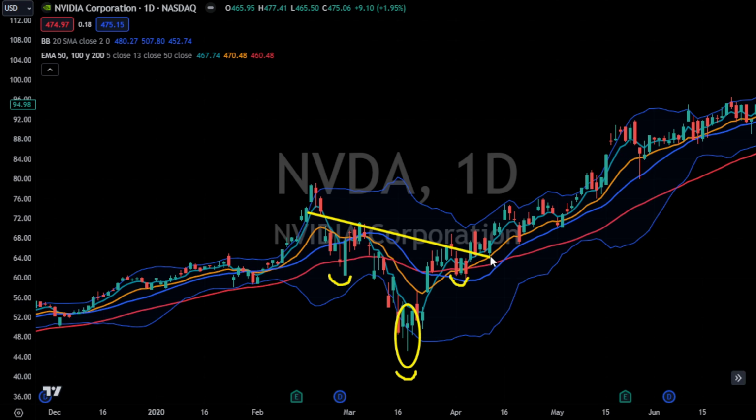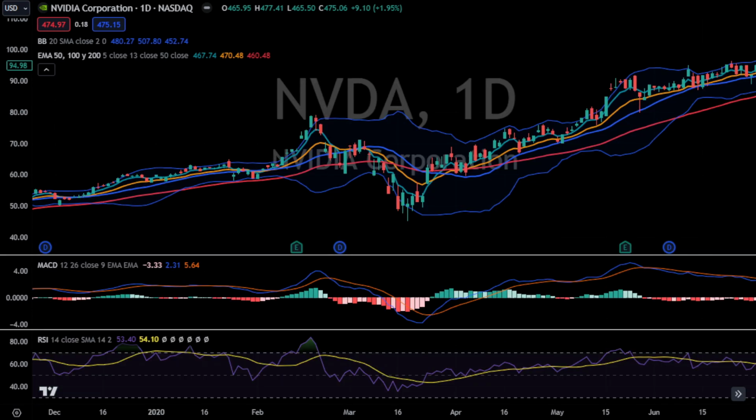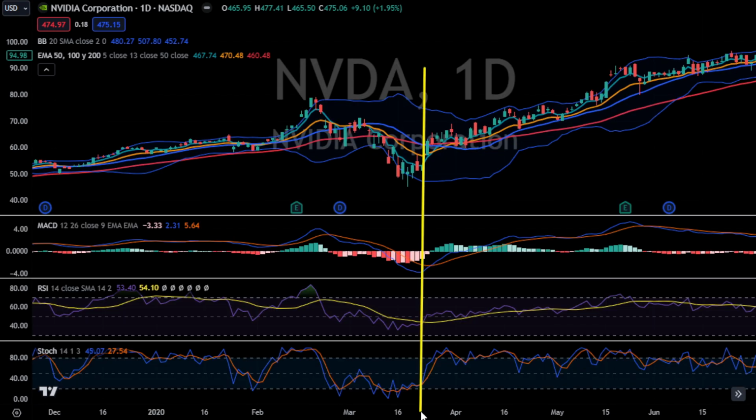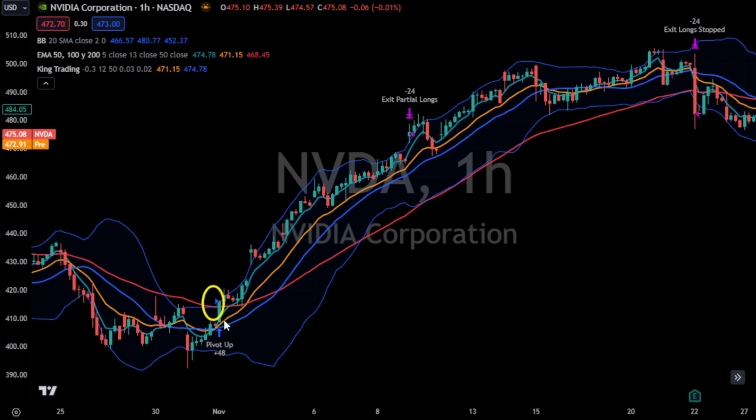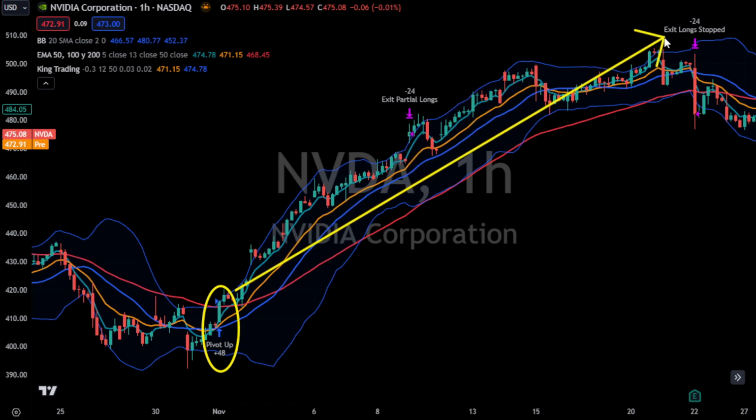as well as combining it with other technical indicators such as MACD, RSI, stochastic, as when a confluence of indicators are all pointing in the same direction, it helps provide a more robust trading strategy. The 5 EMA crossover on the 13 EMA is a decent trade indicator when used with a variety of other technical indicators. King Trading uses this crossover on the 1 hour along with a variety of other indicators